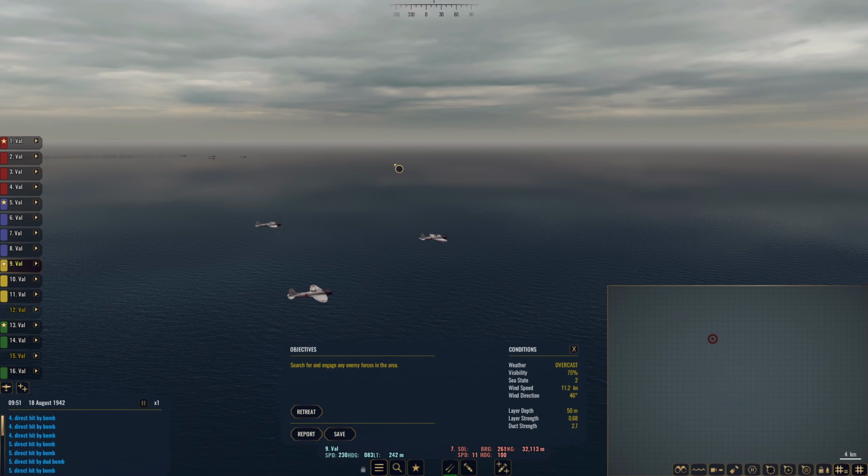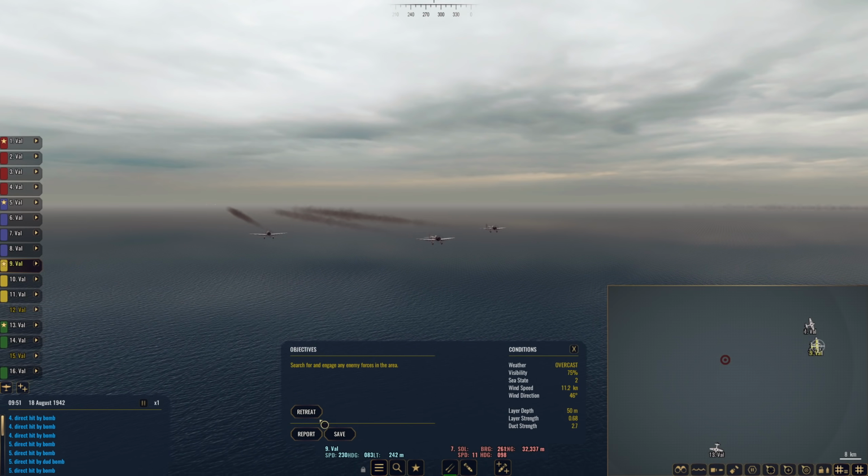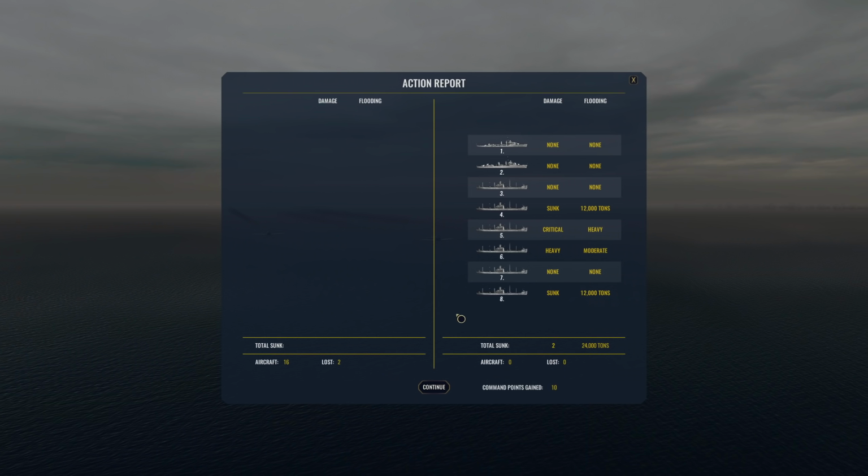Well, our aircraft are getting the heck out of here. We have lost contact on them. We are going to go ahead and leave the battle. We sank 2 enemy cargo ships. One has critical damage and heavy flooding. Heavy damage, moderate flooding, and there are 2...